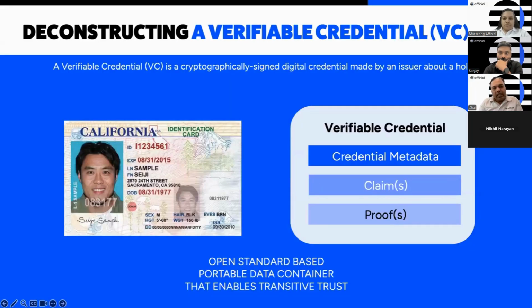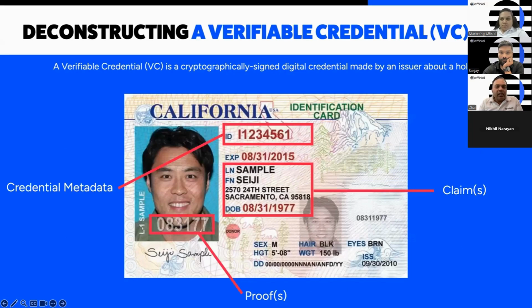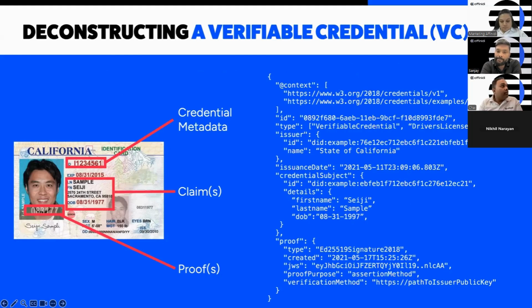If we look at a credential in a detailed manner, let's say a driver's license in this case, we have three fundamental blocks: credential metadata, claims, and proof. In the physical world, you would have something like a driver's license ID, which we can think of as metadata. You would have some claims about the person it represents, such as first name, last name, and so on, which we call claims. And finally, we have some sort of security measure like a hologram, which we can think of as proof. Converting the same thing into its equivalent in the digital world,